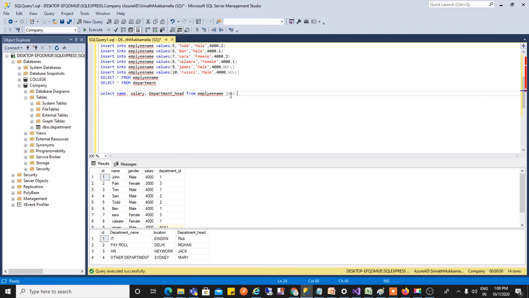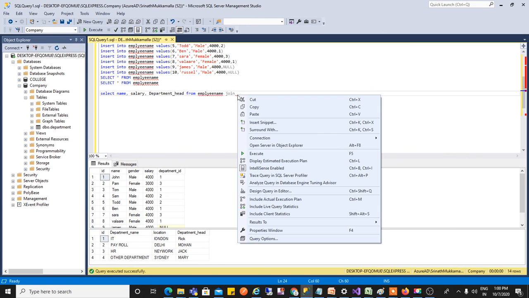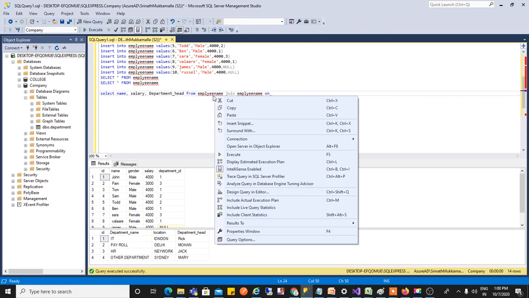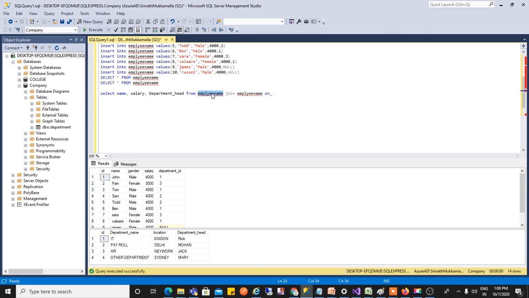join, you are joining, so we need to join department on, we need to give the matching columns. So what employee